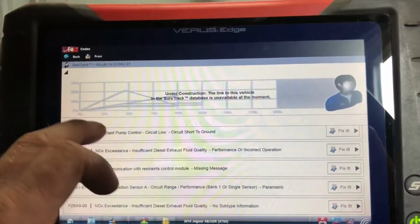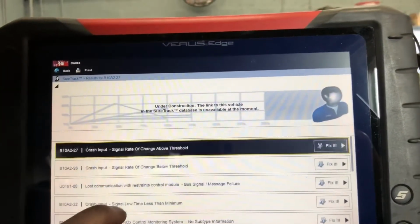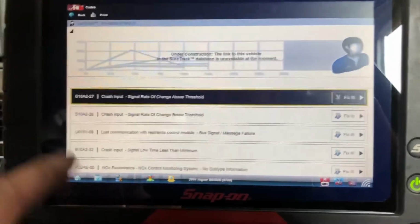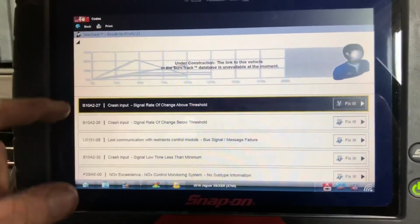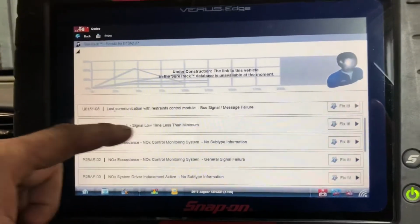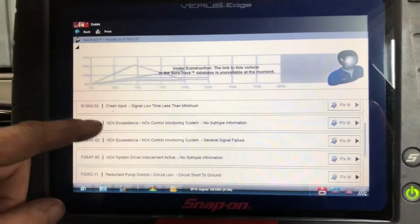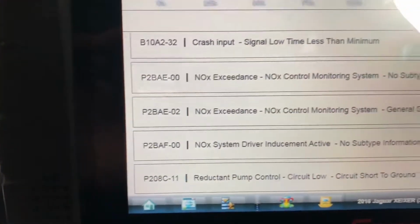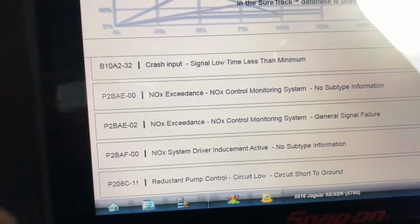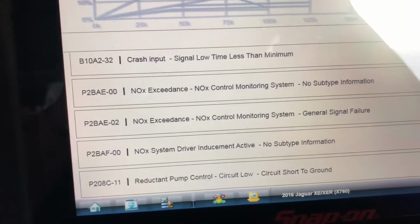Okay guys, I'm gone into the system with the scan tool on this Jaguar XE. We have crash input, lost communication with restraints control module, crash input signal low. Now we have NOx exceedance. Maybe you can get a breakdown of the fault codes. NOx exceedance, NOx control monitoring system,